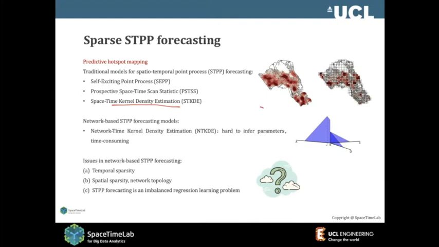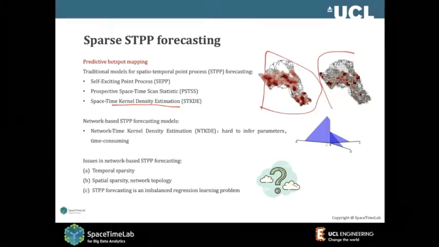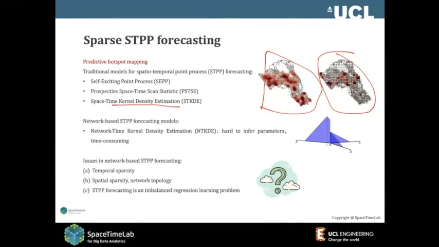Conventionally, I think most of you say this, or some people say this. Actually, we want to move to network. We have done that, network-based, thanks to our colleagues Toby and Gabriel. Also, we have solved this network-based kind of density. Even so, we still think it's quite hard to infer the parameters and time consuming to train. So now we want to develop a deep learning model for sparse processes.